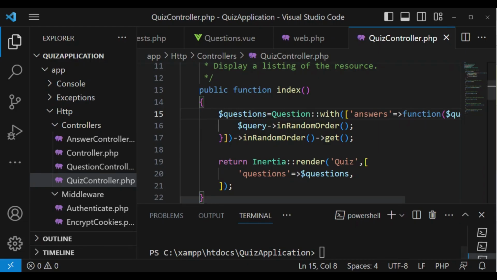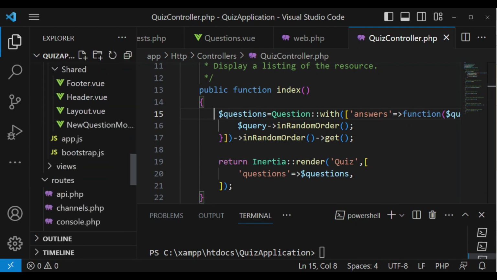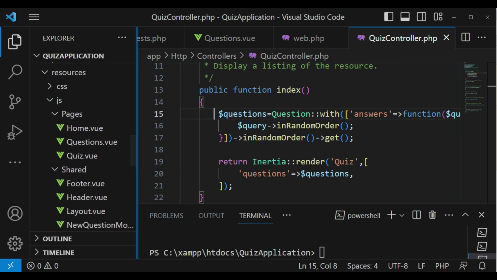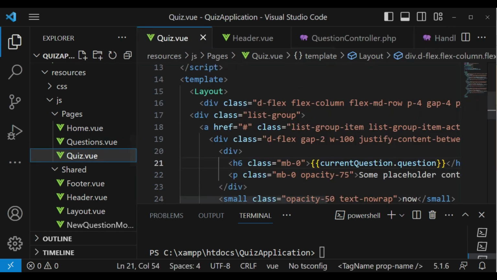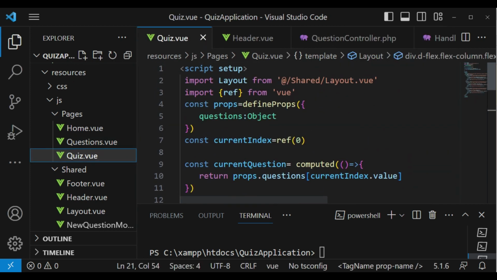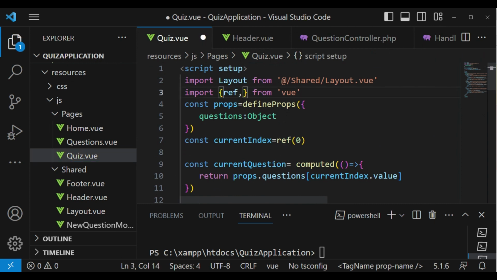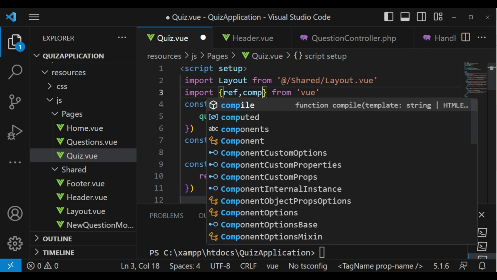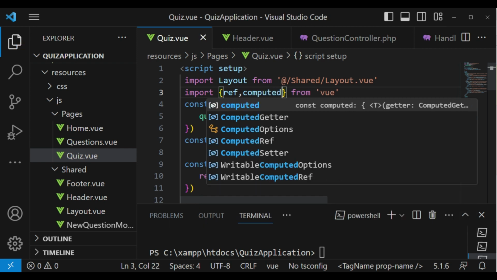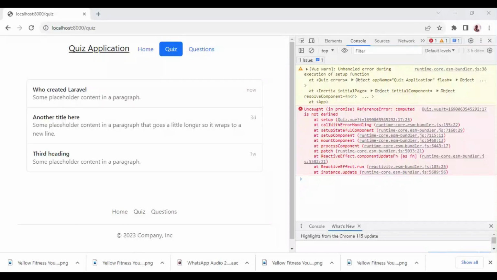Yes, it is true because I've forgotten to import it. So you go to the page that we quiz.view, and above here, apart from importing ref from vue, we are also going to import computed like that, and then now you save, and I think that error is cleared out. So we have the question who created Laravel,